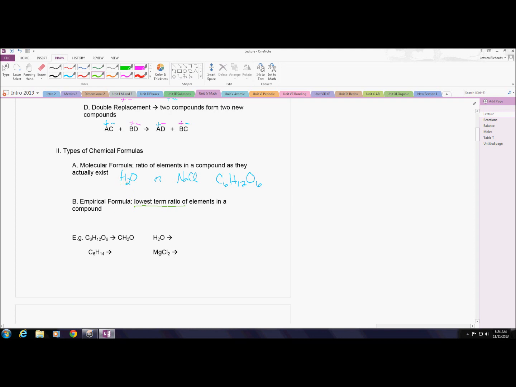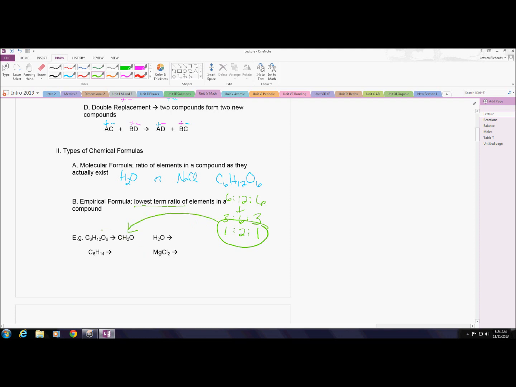So for example, water, H2O, 2 to 1 is already a lowest term ratio. Water, H2O, molecular formula is also its empirical formula. Sodium chloride, NaCl, 1 to 1 ratio is a lowest term ratio. This would be both a molecular formula and an empirical formula. But glucose, C6H12O6, this 6 to 12 to 6 ratio reduces down to 3 to 6 to 3, 1 to 2 to 1. So this would be your lowest term ratio. That would be glucose's